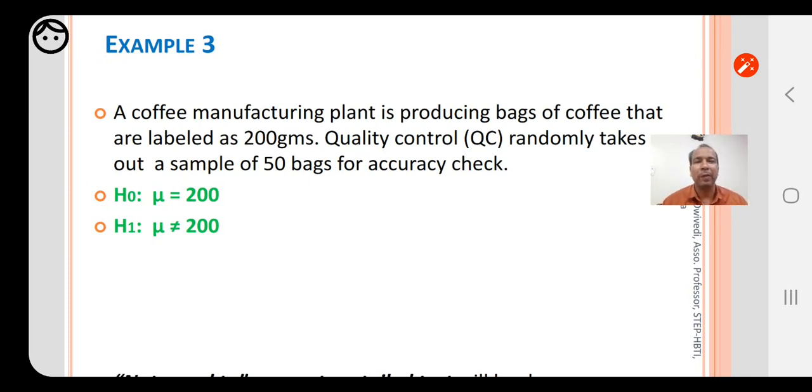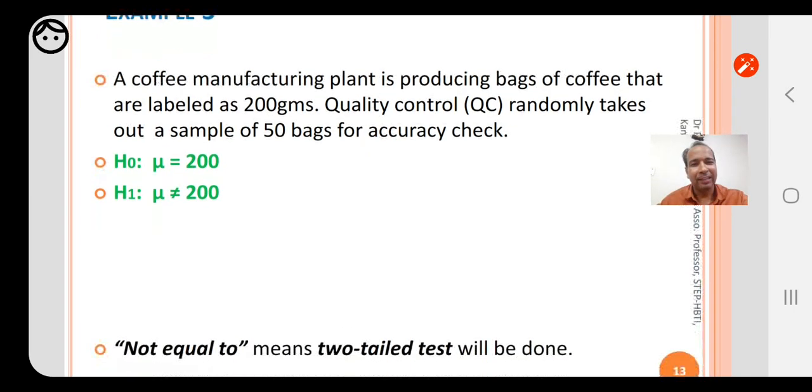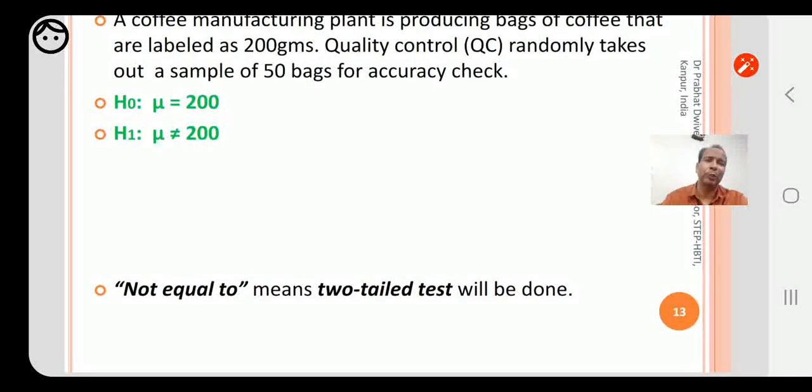The null hypothesis will be mu equal to 200, which will be tested against mu not equal to 200, because the quality control check will test it so as to reject the null hypothesis, that is, mu equal to 200. So the alternative hypothesis will be mu is not equal to 200. Now this not equal to alternative hypothesis actually relates to the two-tail test.